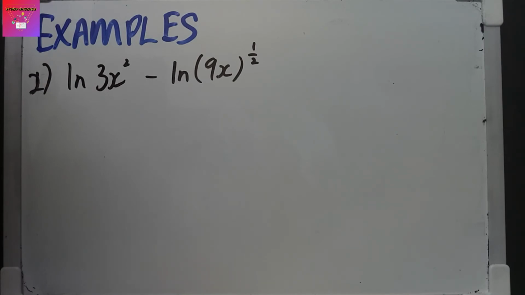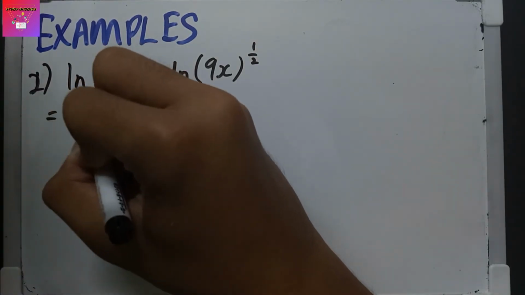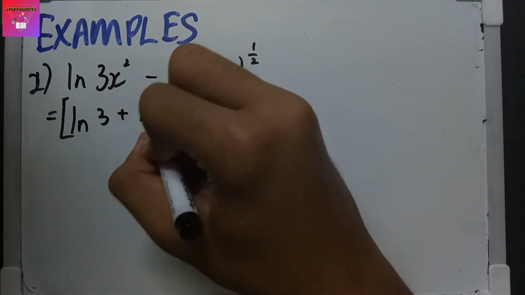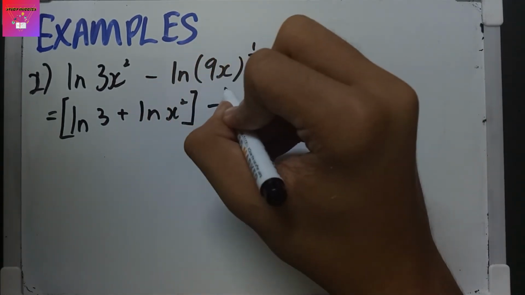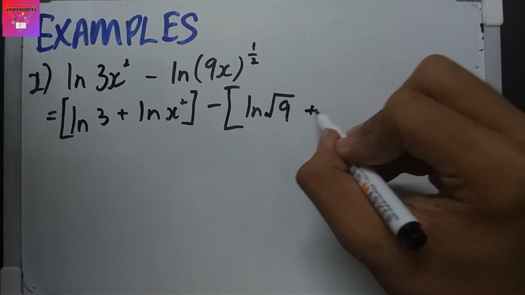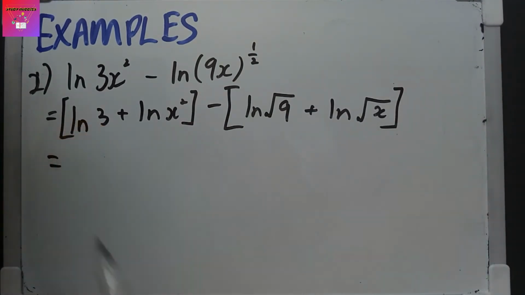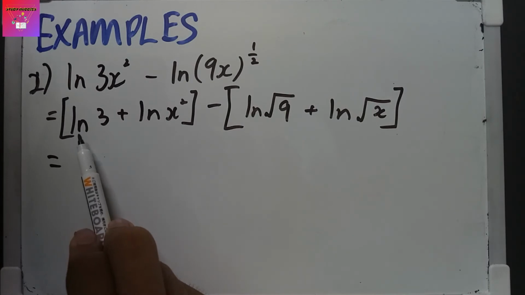So in our second example, ln 3x² minus ln (9x)^(1/2). We'll do the same thing again, which is we are going to split everything into individual lns. So this would be ln 3 plus ln x² minus ln √9 plus ln √x. Once we have separated it into individual lns, we solve each